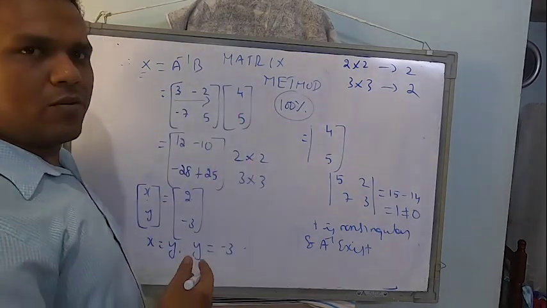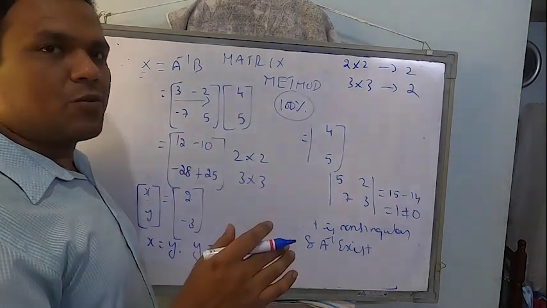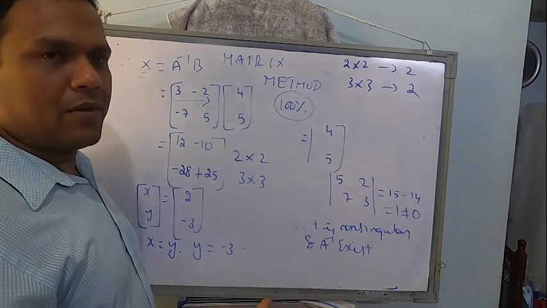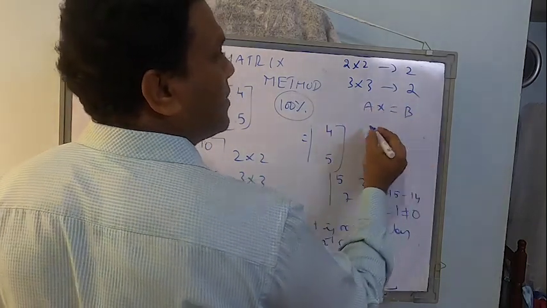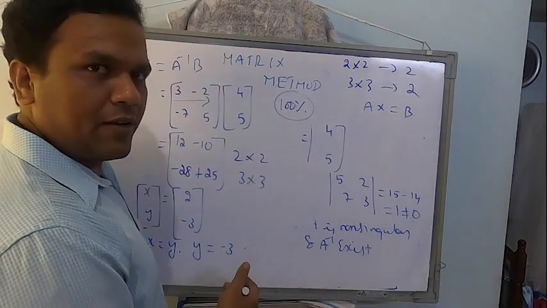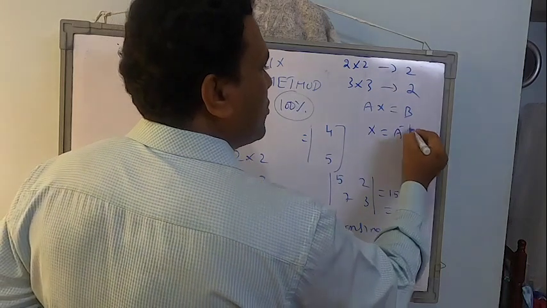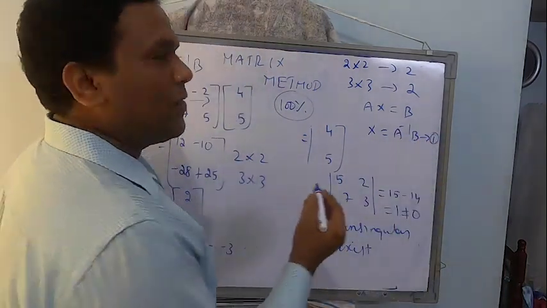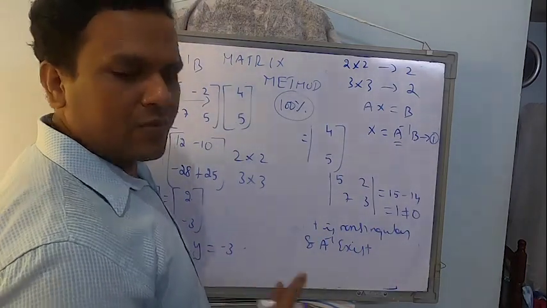So this is how it should be done. First, the given system should be converted to 3 matrices: matrix A, matrix X, matrix B. Then you write Ax equal to B. I told you how you got x equal to A inverse B. From the next problem onwards, you write it directly: x equal to A inverse multiplied by B. Call it equation 1. This formula suggests that first you find A inverse, then come to this equation. Fine.